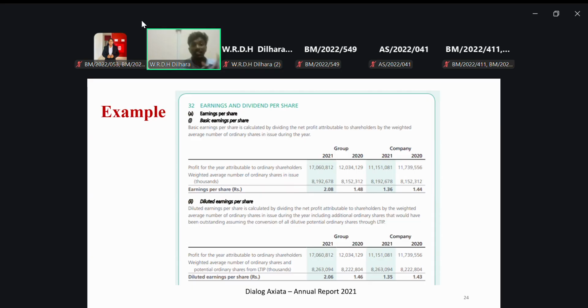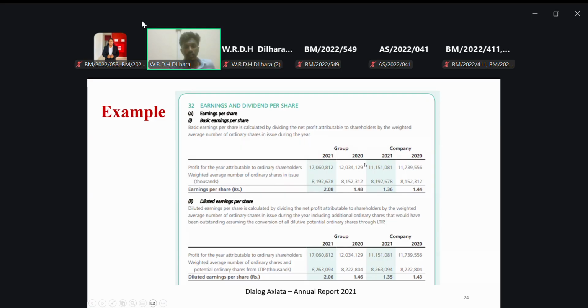That means no convertible instruments in there. So that's the reason why diluted and basic earning per share are the same. In that case, you can see the profit for the year attributable to ordinary shareholders is mentioned, and the weighted average number of ordinary shares issued is presented. And then